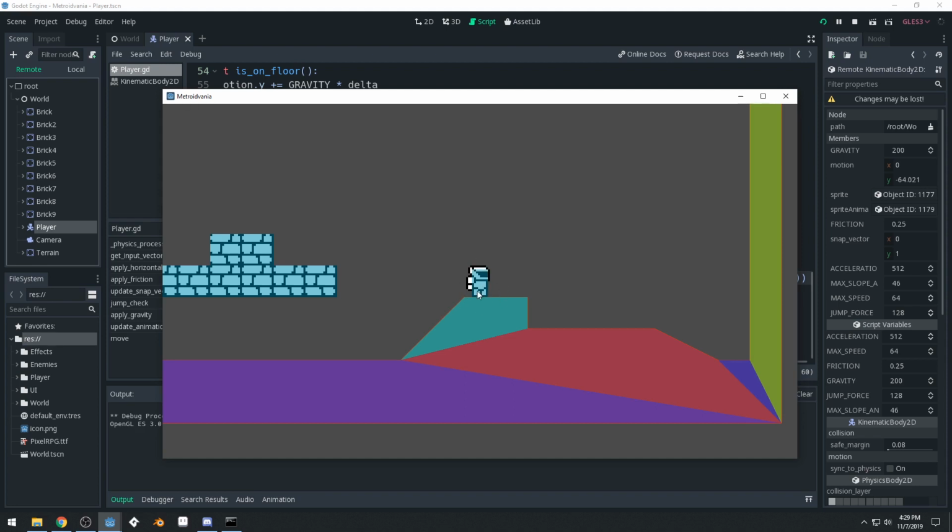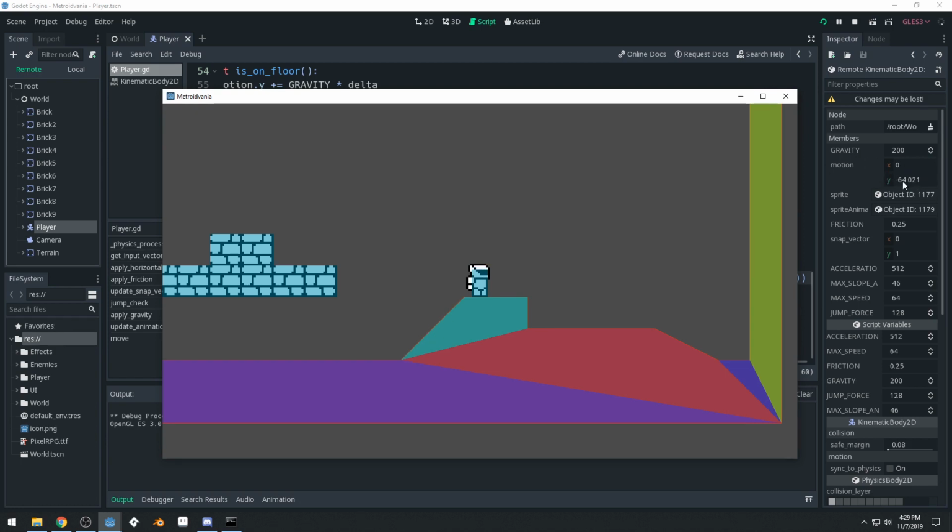But because we're snapping to the ground, it keeps us from doing that. However, the snap to the ground apparently doesn't detect that we should no longer be moving. And I can understand why this might be, but it doesn't know that we're no longer going up a slope,